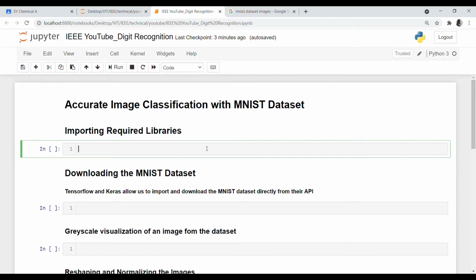In today's video, we'll be looking at another project using artificial intelligence and machine learning, which is image classification with the MNIST dataset. In the previous video, we got to know more about the deep learning concept. In this video, we'll be looking at another aspect of deep learning, which is the use of neural networks. Today we'll be looking at one form of the neural network, that is the convolutional neural network.